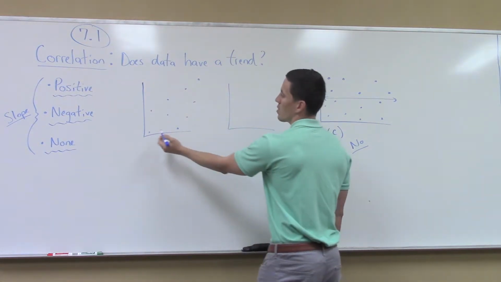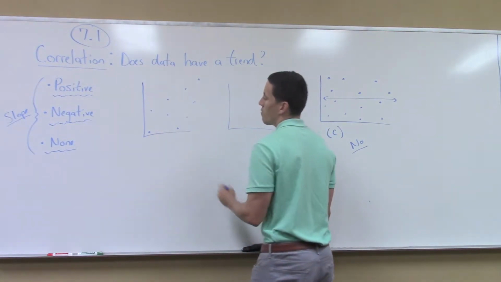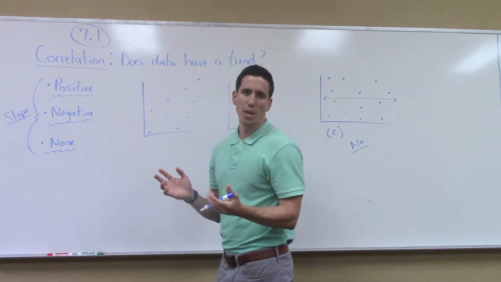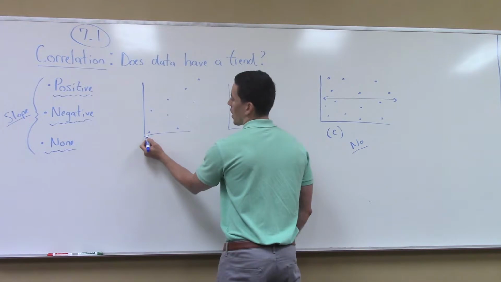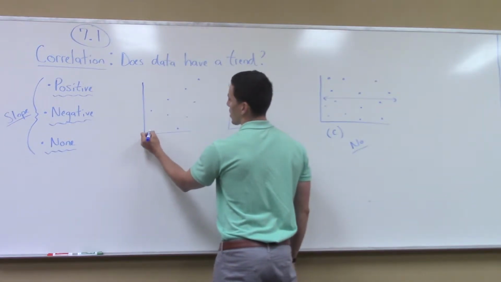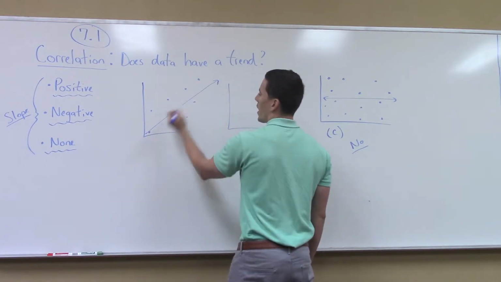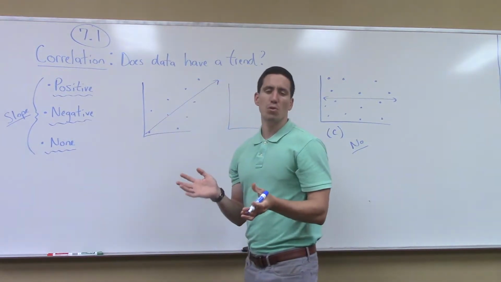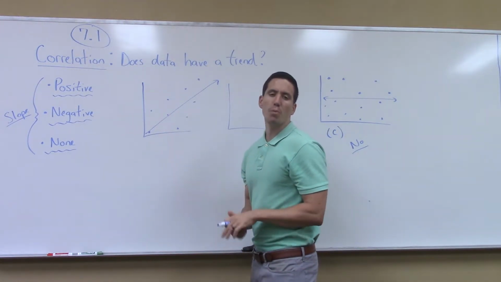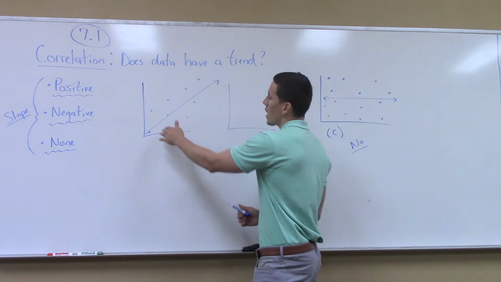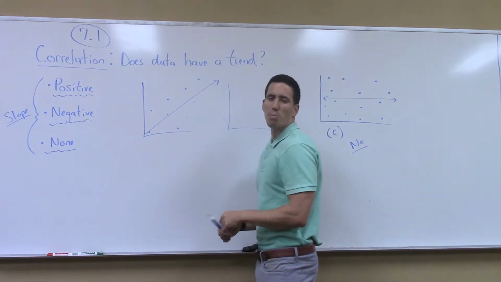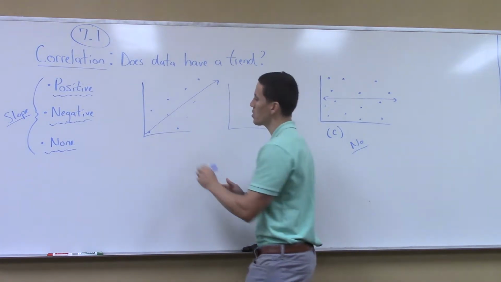Okay, so this first scatter plot here, if I were to draw what they call in your textbook the line of best fit, this line of best fit, which is the line that goes the most through the middle of this data, would look something approximately like this. They actually have tons of different free computer tools that could actually give you the exact equation of that line, but for our purposes, we're just going to estimate. So that line has a positive slope. We would say this data has a positive correlation, but it's not a very strong positive correlation because, as you